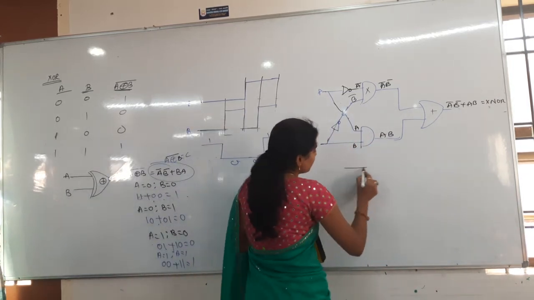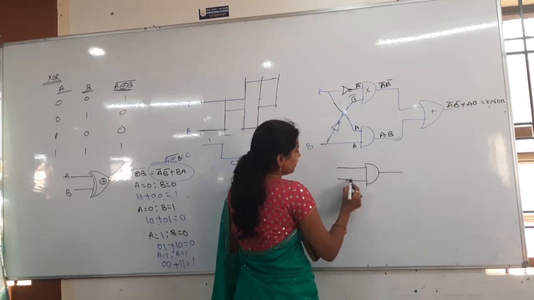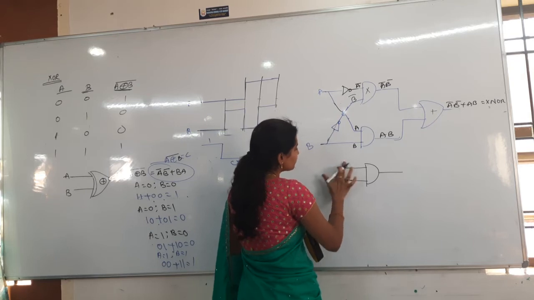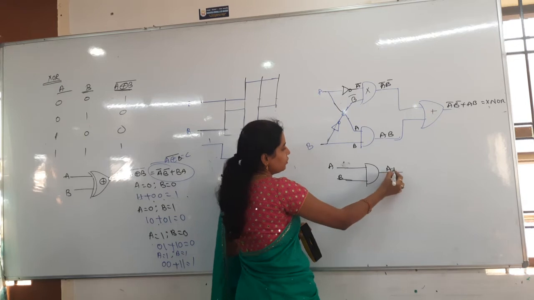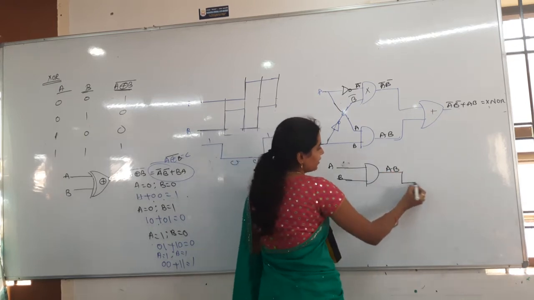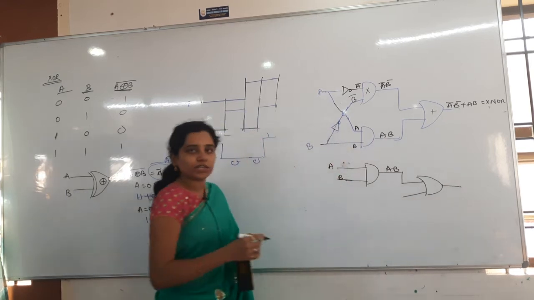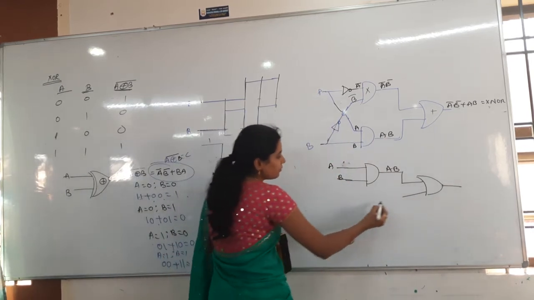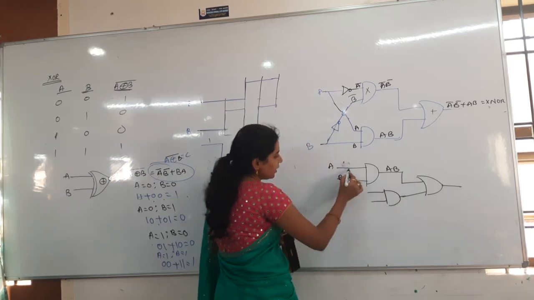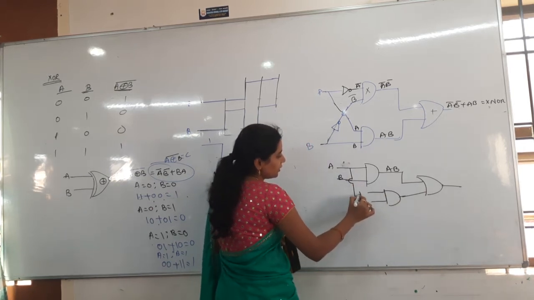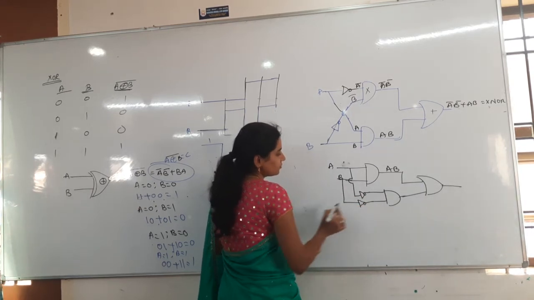If you draw another one, I will just tell you one simple circuit. That is just directly AB I will write here. How much will go out here? A into B, and then I will take an OR gate. Obviously finally you have to get the addition, so there is no choice for us, OR gate only you have to take. Then from this, I will take one more AND gate here. For that AND gate, here I will take a NOT gate like this, and for the B also I will take a NOT gate.